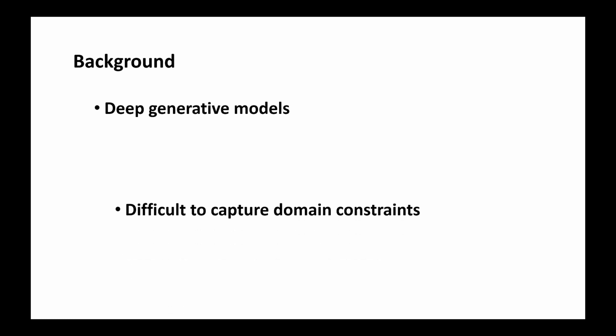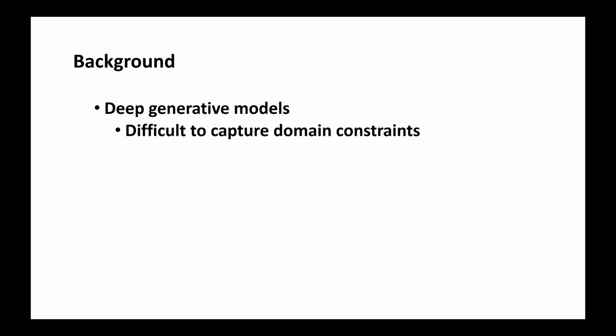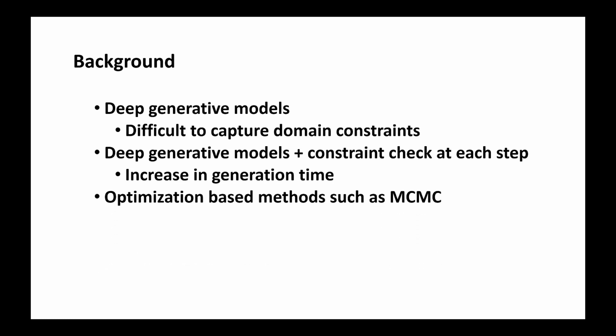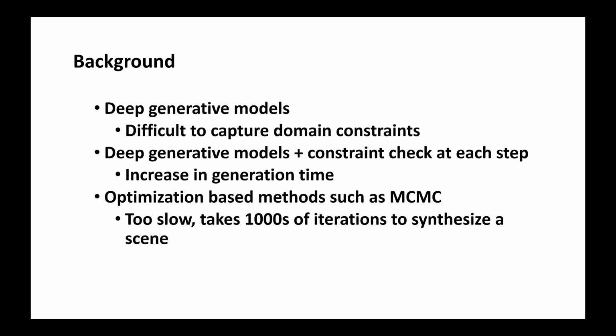Deep generative models are mostly image-based and therefore use pixel-level reasoning, which can be poorly adapted when handling various domain-based constraints in scene synthesis problems. Deep generative models plus constraint check at each step leads to an increase in the synthesis time. Optimization-based methods such as Markov chain Monte Carlo require thousands of iterations to synthesize one plausible scene and also show